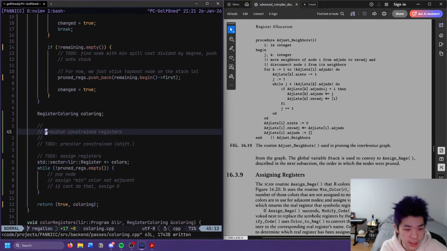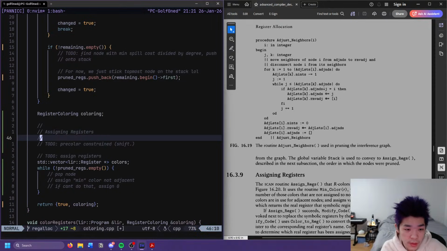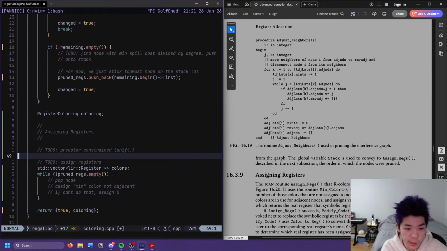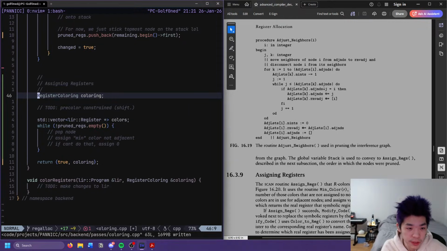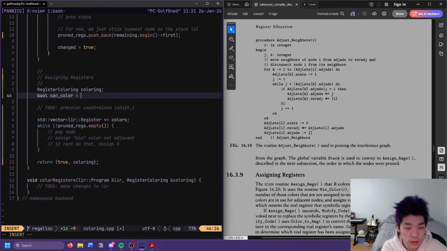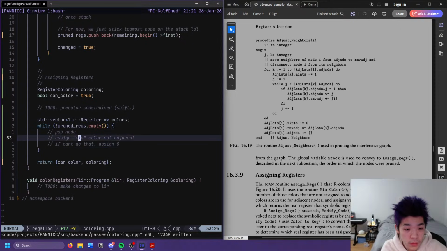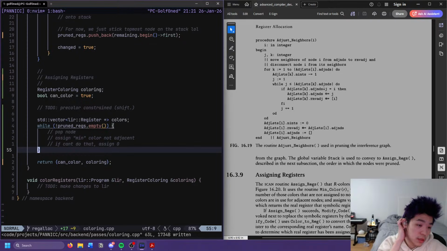I guess here we could just do assigning registers, and we can just leave it like that maybe for now. Maybe we throw this up here like that, formatting wise. We can do true for now. And color. Okay.